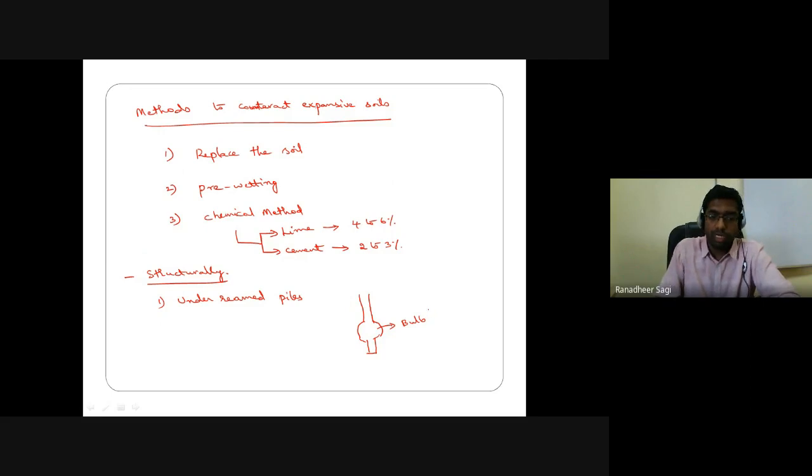Okay, so what is this bulged cross section going to do? If the soil below this bulged cross section is exerting pressure on that bulb, what does that bulb try to do? The bulb tries to move in the upward direction, but in the process, the soil grains above the bulged portion will not allow the bulged cross section to relatively move upward easily.